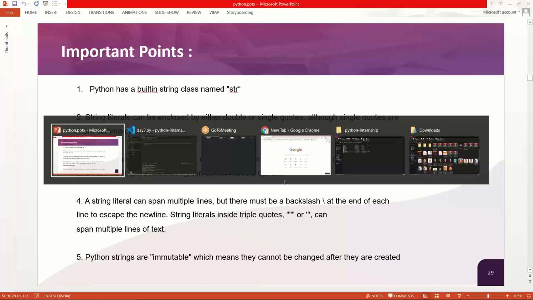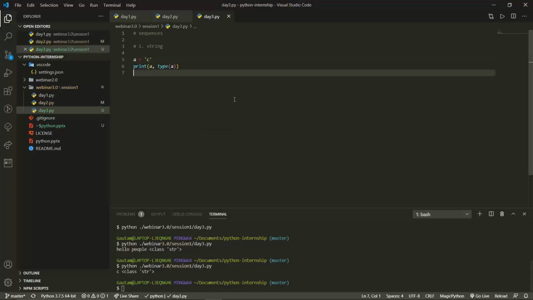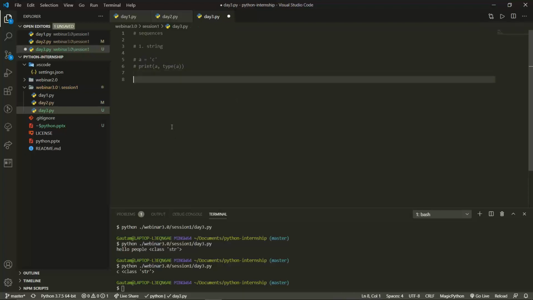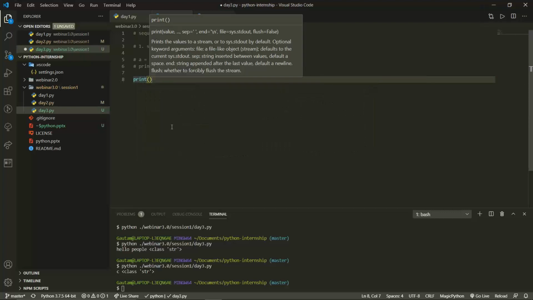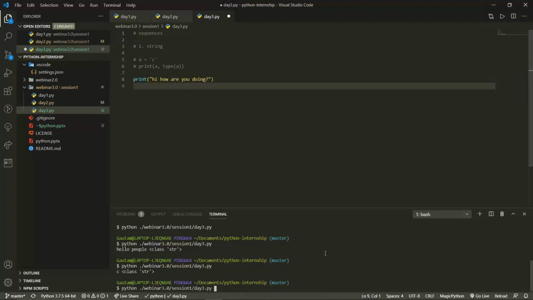Now what this line actually means, I will explain to you. Let me come over here. I will comment this. Now I will directly print a statement in double quotes, hi, how are you doing. When I execute this program, I get exactly the same.